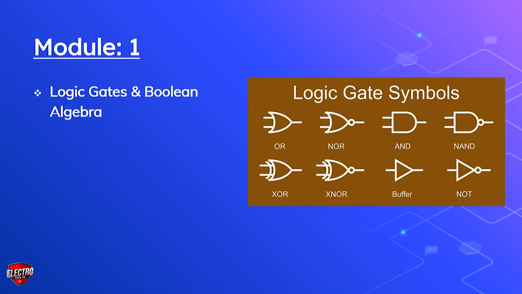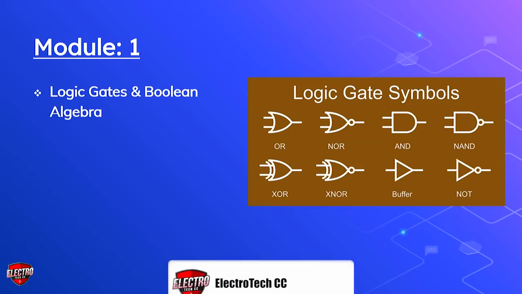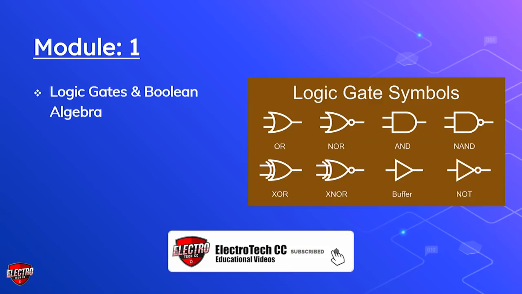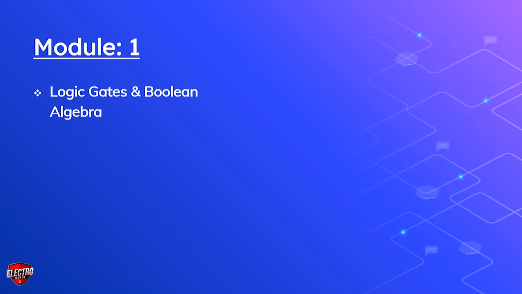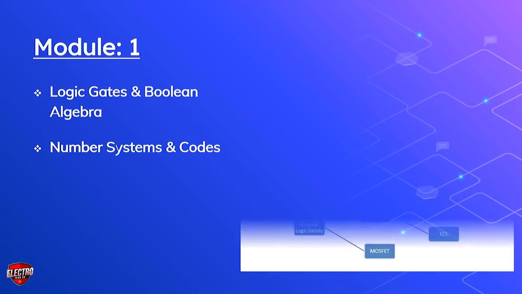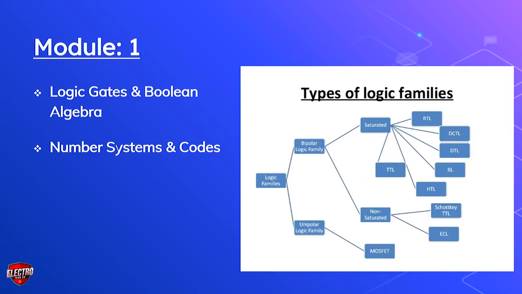Boolean algebra is the branch of algebra in which the variables are the truth values, true or false, usually denoted as 1 and 0 respectively. The number system is the system of naming or representing numbers. There are various types of number systems in mathematics like binary, decimal, etc. This lesson covers the entire concept of numerical systems with their types, conversion, and equations.